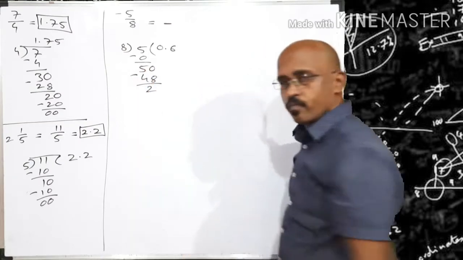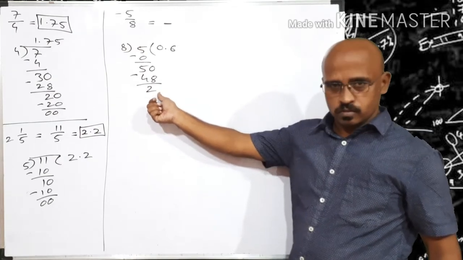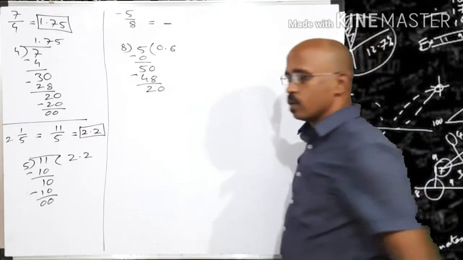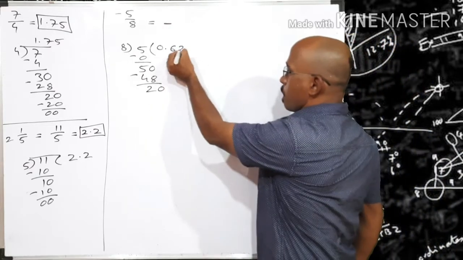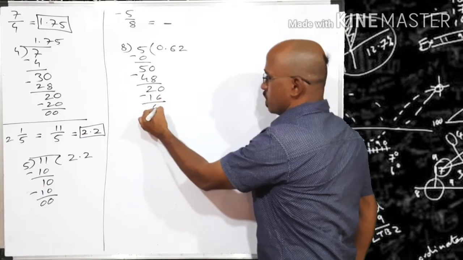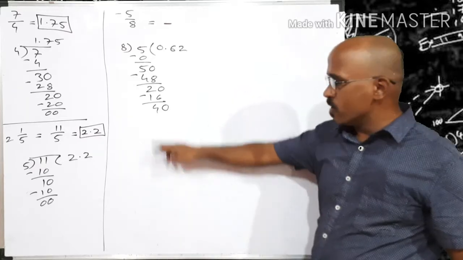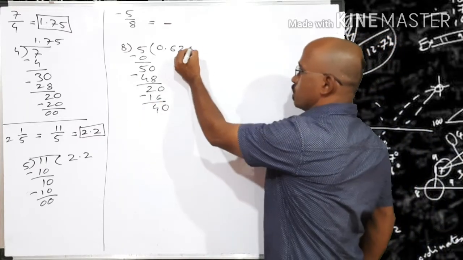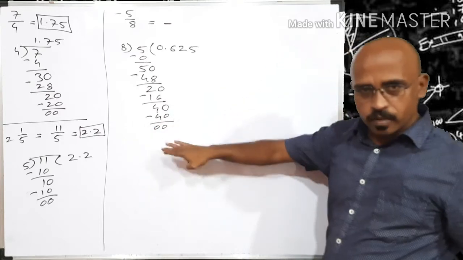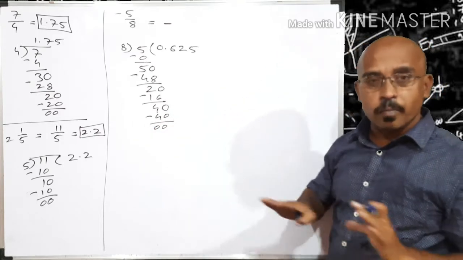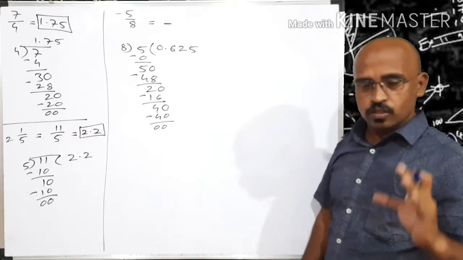2 is the remainder. Continue the process by adding 0 after the remainder. So 20. Now friends, no need to give a decimal point. 8 2s are 16, minus 16. 4 is the remainder. Once again, the remainder is not 0, so we have to append a 0. 40 divided by 8. 8 5s are 40. So minus 40. Remainder is 0. We can't divide further, which means our division is terminated. Division is terminated, ended, finished, stopped.